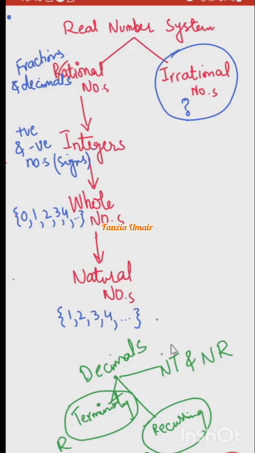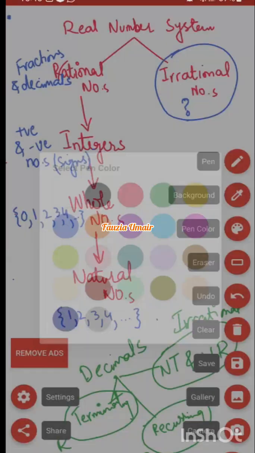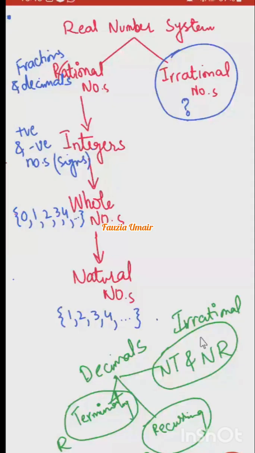लेकिन ये जो थर्ड टाइप है ना, नॉन टर्मिनेटिंग नॉन रैकरिंग, ये आपके पास क्या है? इरेशनल। समझ आ रही है? Mohit, I cannot hear your voice beta. Yes ma'am. ठीक है। अब जो ये तीन टाइप्स ऑफ डेसिमल्स हैं ना, इनमें से दो टाइप्स तो रैकरिंग हैं, लेकिन ये जो थर्ड टाइप है, नॉन रैकरिंग, ये कौन सी टाइप है? ये इरेशनल है। जैसे जब आप पाई लिखते हैं 3.14769, तो पाई इज नॉन रैकरिंग बिकॉज इसका कोई पैटर्न नहीं है। सो दैट्स व्हाई वी से पाई इज इरेशनल। ठीक है।